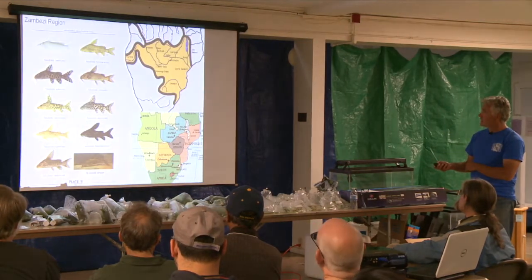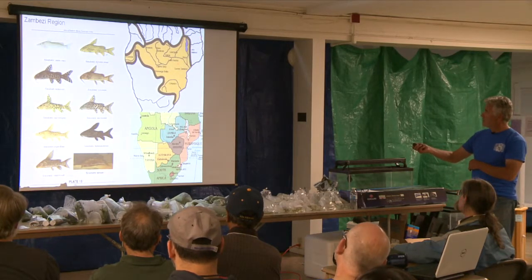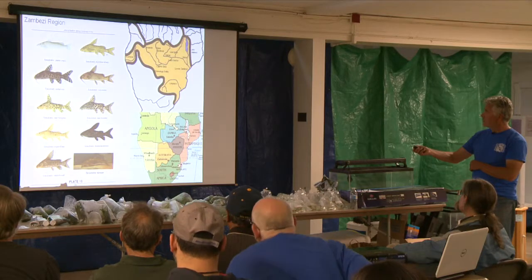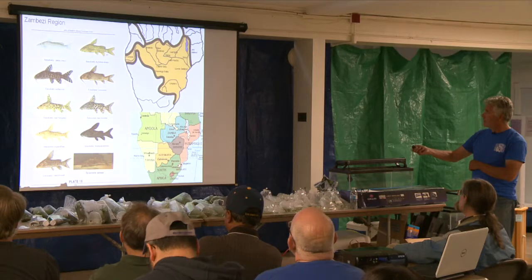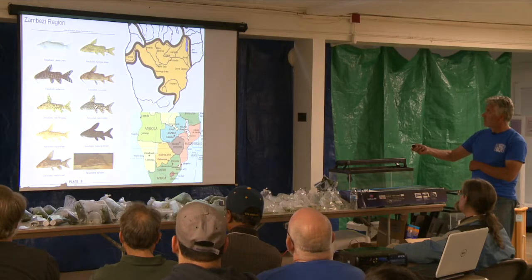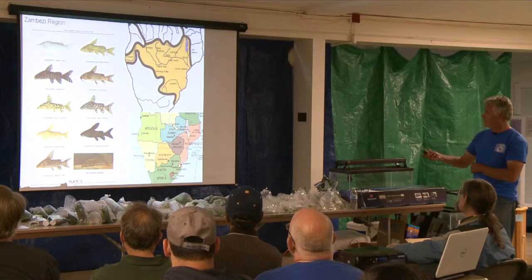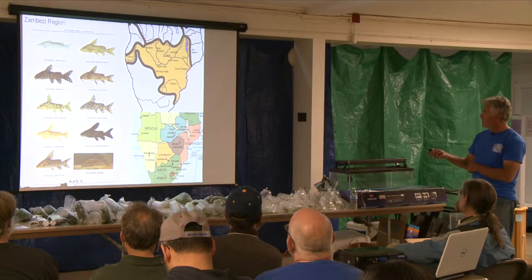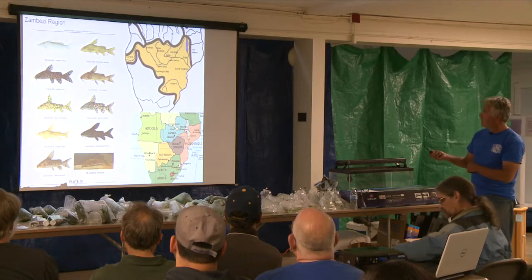Going to the Zambezi region. So here you got the Zambezi River flowing through here. Over here, you got the Caprivi Strip. You've got the Okavango is this area. All this area right here is the Okavango. You've all heard of that on National Geographic and stuff. They always have stuff on that. And it all drains through the Zambezi out to the ocean here. You got the Limpopo River down south. And the